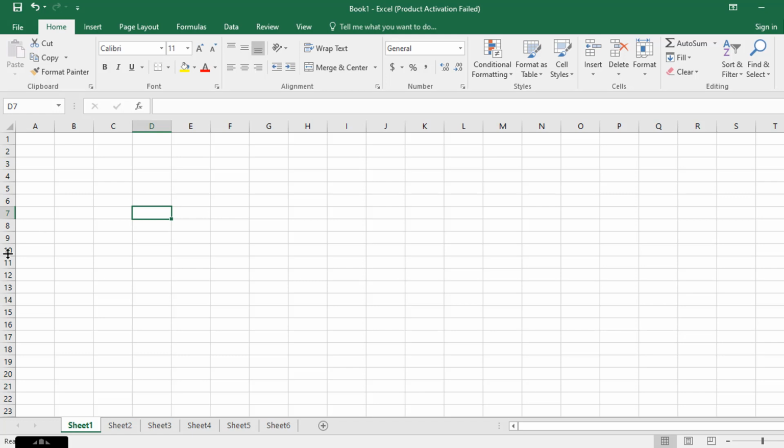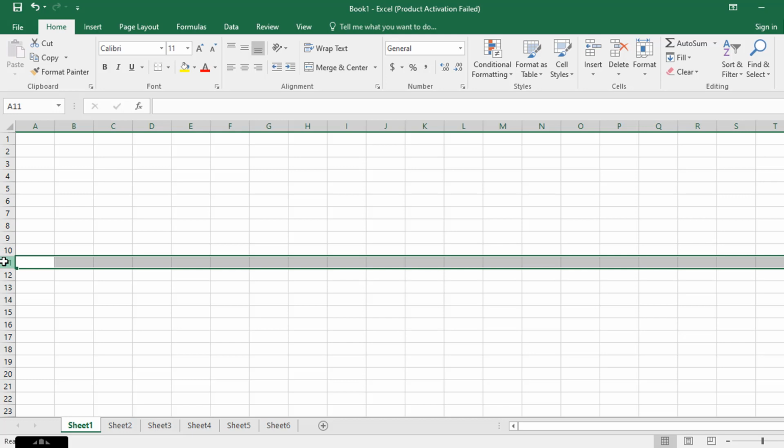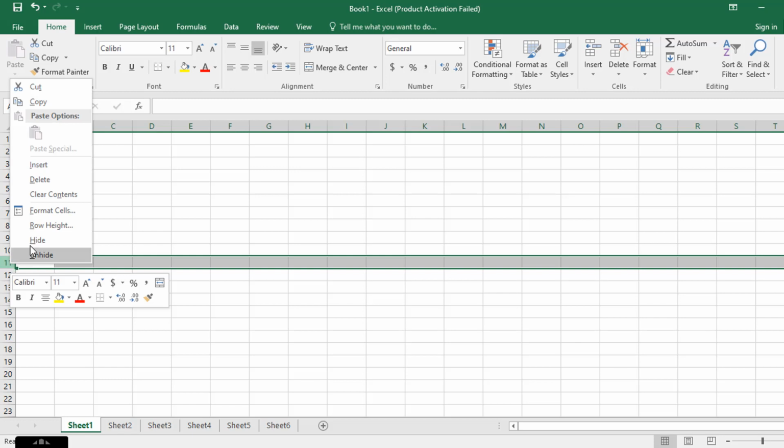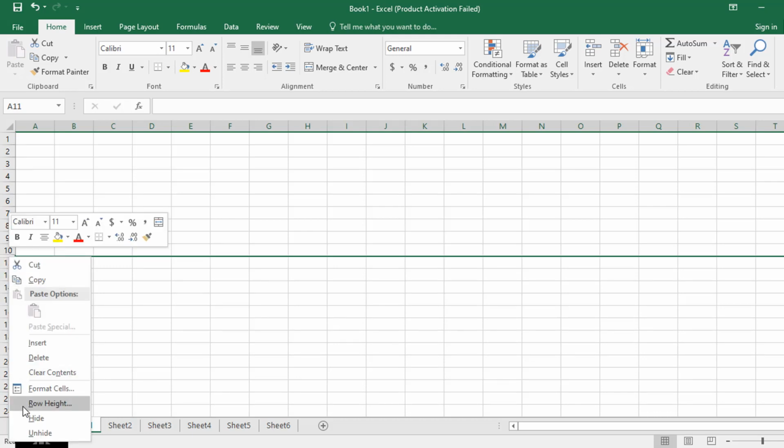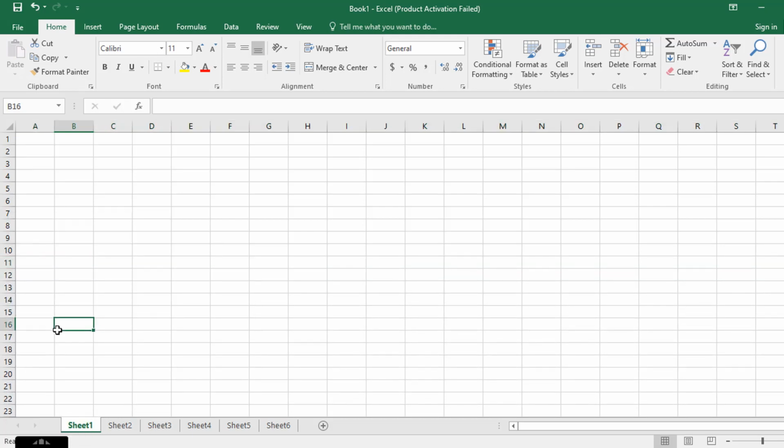And similarly it can be done for a row. Select row 11, for example; you can select any row. Do a right click, press hide. You can see that row 11 is hidden. Again go to the location, do a right click, unhide. Now you can see that the row is hidden and unhidden. This is a way to hide and unhide a row or column.